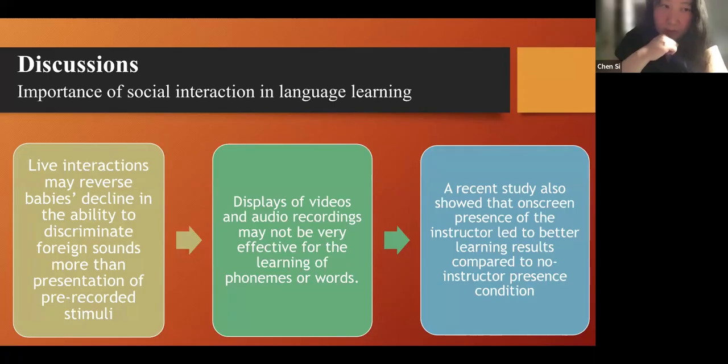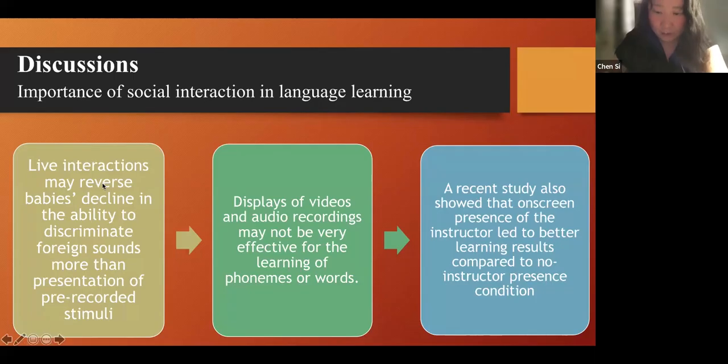So many studies have actually shown that live interactions are very important in language acquisition. And also a recent study has shown that on-screen presence of the instructor also led to better learning results. So even during the COVID period, if the instructor can appear on screen, then the learning results are actually better.